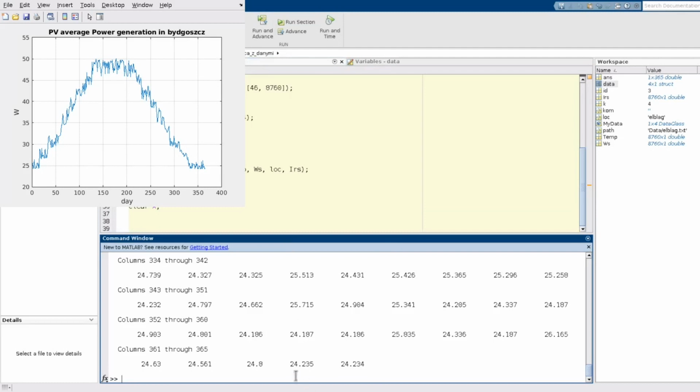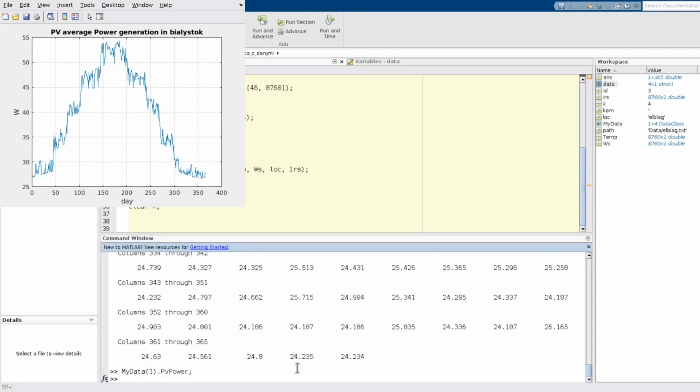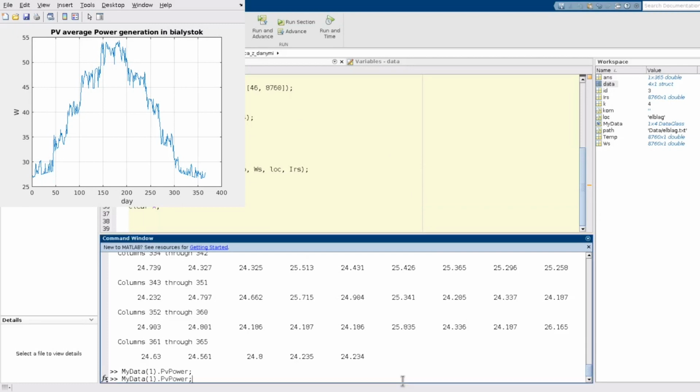Okay, and if only we would like to have same information but for example Białystok, we just change it in here. I will also put a semicolon here to not have those data in my command line, and I have this another plot.